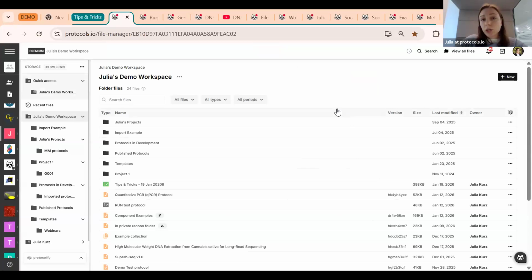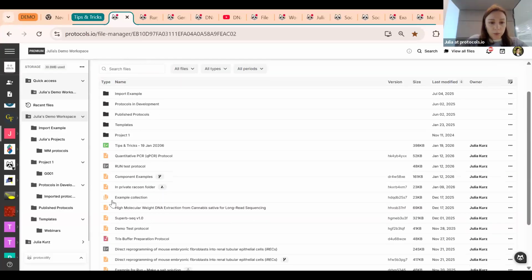So when publishing on protocols.io, you can, of course, attach an individual protocol file to a publication. If you did have a big group of, say, 5 different protocols that were associated with a publication and you don't want to list a bunch of different DOIs, you want to make sure that they're all associated with each other, you can create a collection. So we can see here, I've created an example collection. If I open that up,